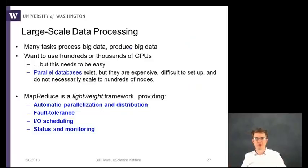So, to wrap up what we talked about last time. Large-scale data processing: many tasks need to process big data and produce big data, and so you want to use hundreds or thousands of CPUs, and tens of thousands of computers to solve these problems. But this needs to be much easier, and so there are such things as parallel databases. We talked about databases, and we extolled the virtues of programming in that model, and they exist, but they're often expensive. Well, they almost exclusively are expensive, and they're difficult to set up, and it's actually not totally clear that many of the parallel databases scale to really hundreds or thousands of machines. Okay. And so MapReduce